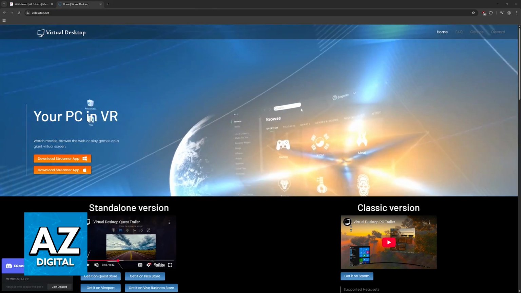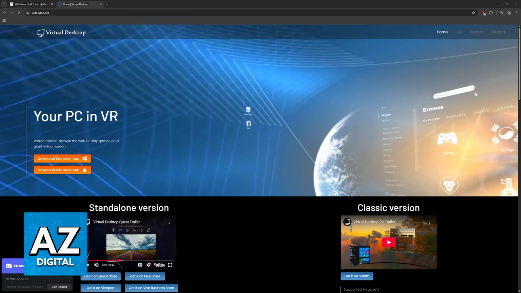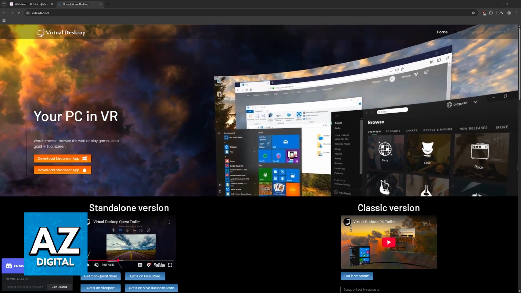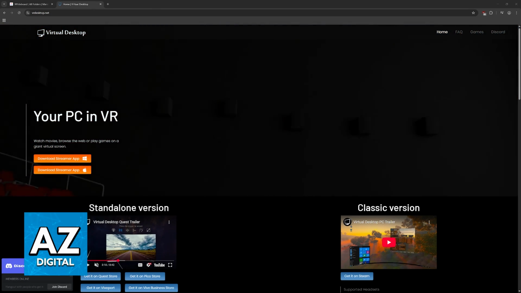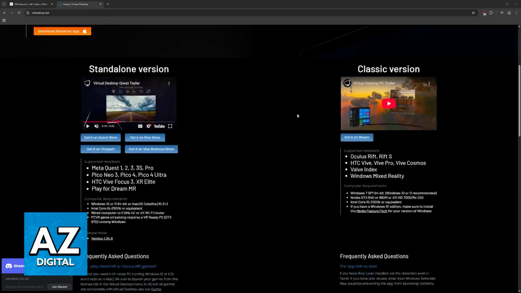In this video, I'm gonna give you easy to follow instructions on how to load videos in virtual reality mode on Virtual Desktop. So to do this, you will need to set up Virtual Desktop, which I assume most people have already done, and now you will be able to play any video.